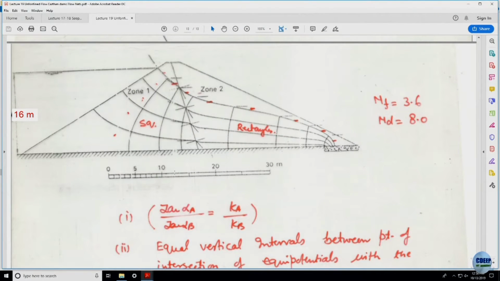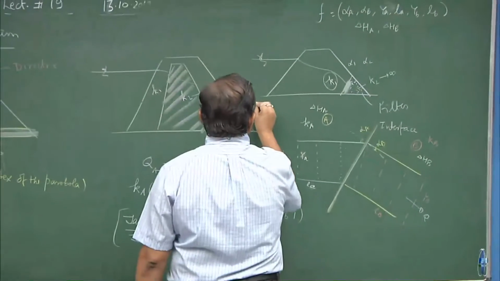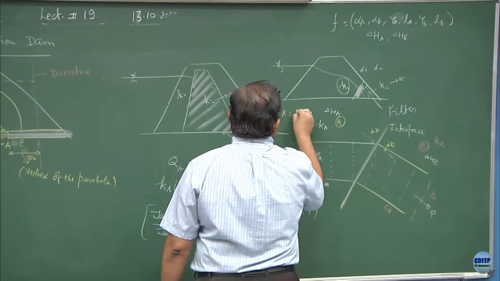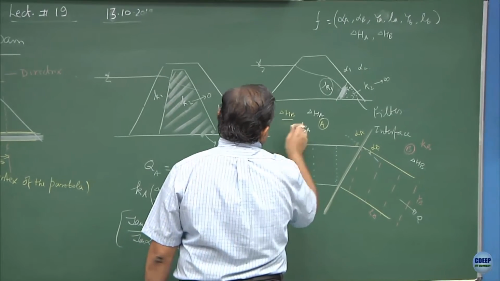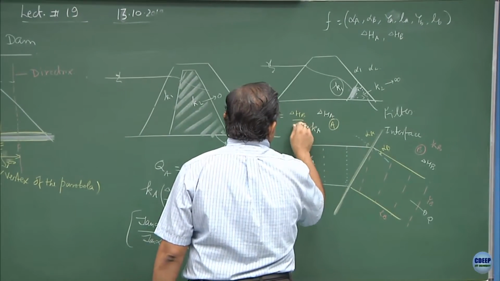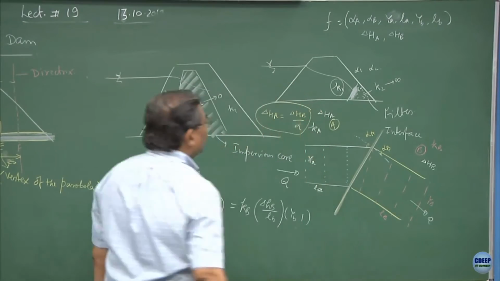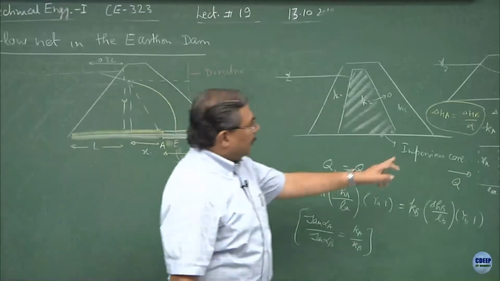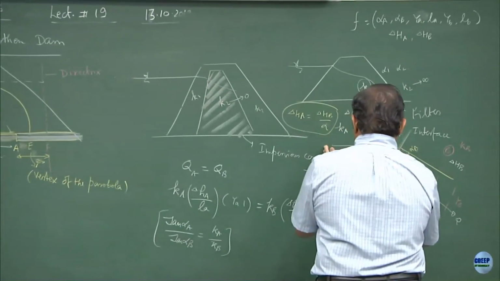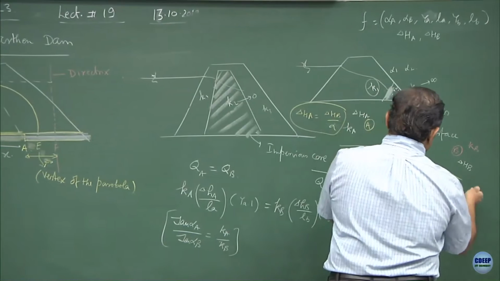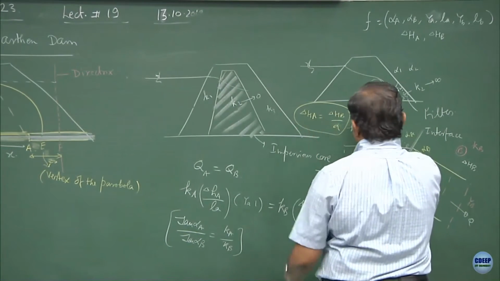Either I should be having a relationship between delta HA and delta HB. Suppose some alpha value, alright. So, what I am doing is defining the relationship between the head drop across the first layer and the head drop across the second layer and how they are related. I will get one solution,